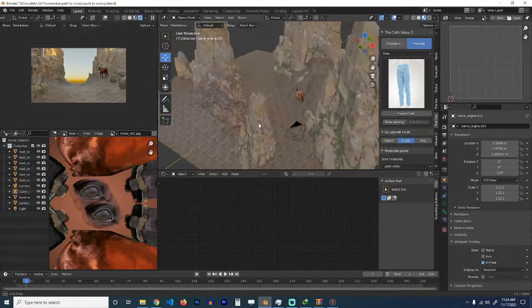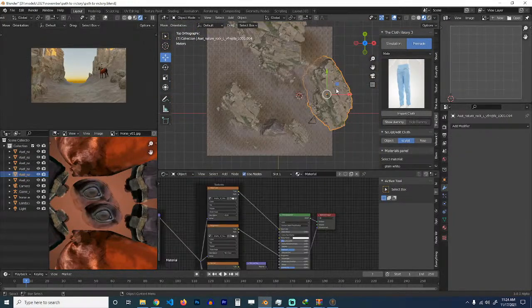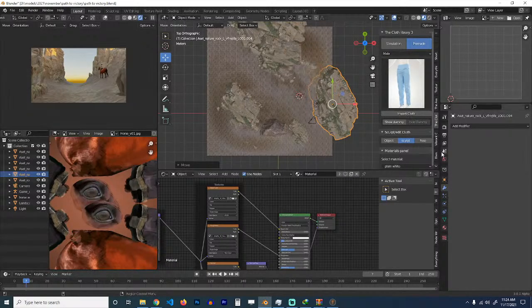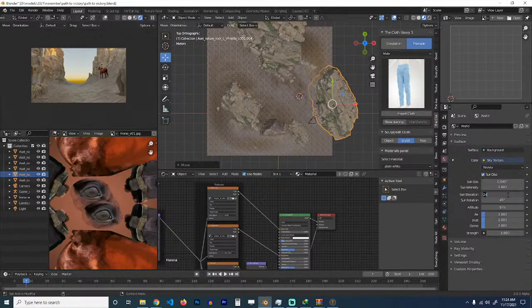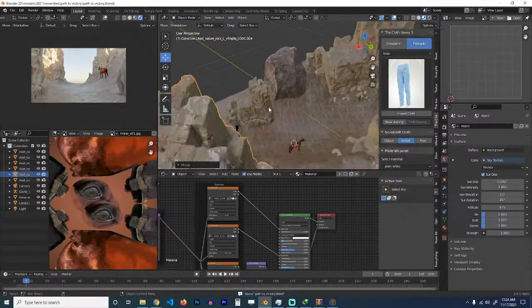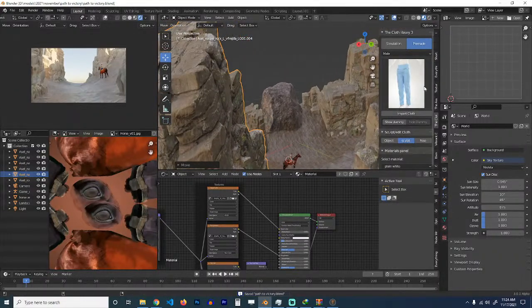Something like that. I need to have some light coming in. Maybe let me change the direction of the sun or elevation. Something like that. And I want to have some kind of building here. So let's go to the